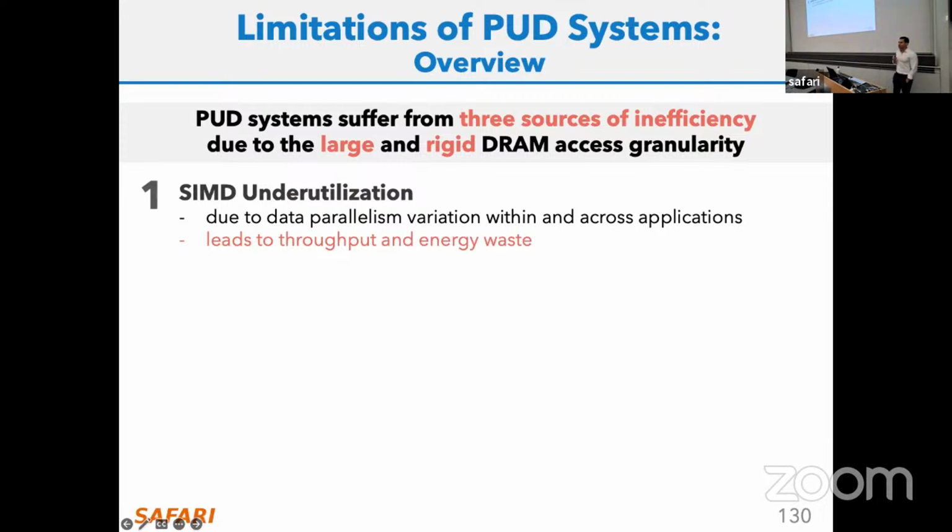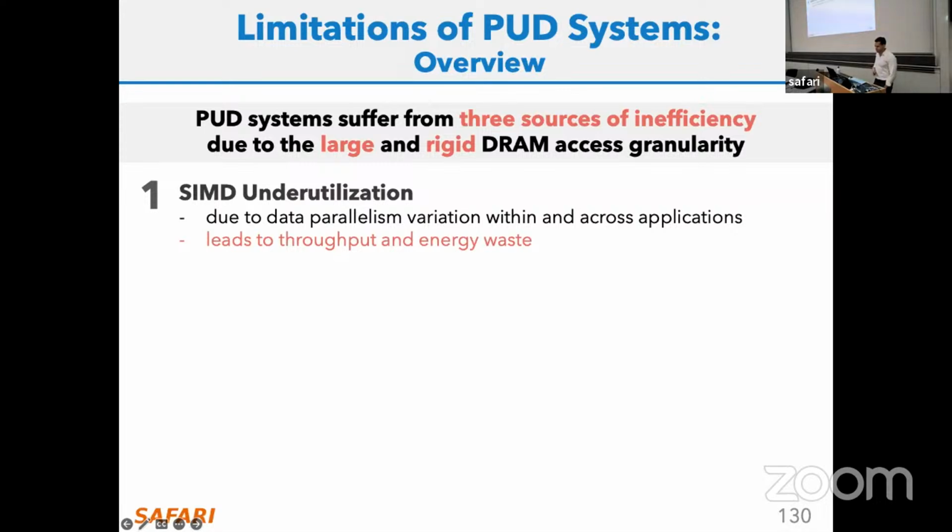Because for those 200 applications, what actually happens is that applications and loops inside the application have varying degrees of parallelism. Sometimes you have 8 kilobytes of parallelism, and then that's perfect. But sometimes you have 1.5 times the size of the DRAM row, or 10.3 times. So what happened to that tail that is left, right? That tail is generating underutilization, and hence you're losing throughput, and you're also increasing the baseline energy consumption because you're activating DRAM rows that are only going to generate zeros, which is going to consume more power for your system.